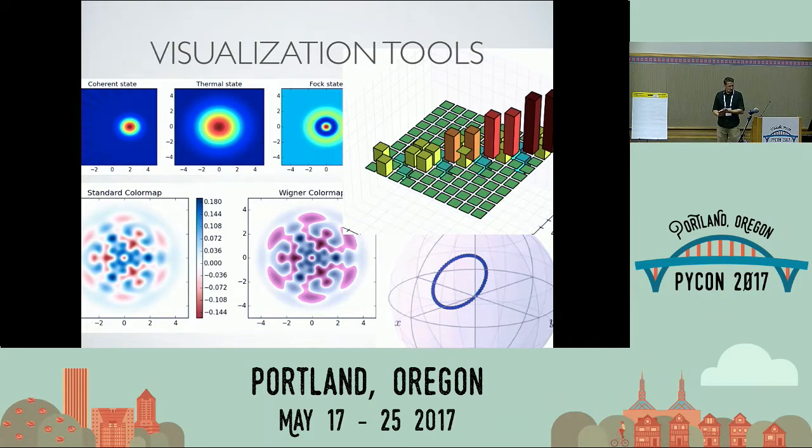We also use a lot of the visualization tools that are available and built in, and you can tell most of these are built on Matplotlib, so you can easily visualize different quantum states. I'm not going to get into the details of what these really represent, but lots of nice defaults. You can make pretty pictures. You can visualize what you're working with. This is a nice example of visualizing a matrix. You can see the magnitude and relative phase of different terms in a matrix, phase being the complex number aspect of phase. And so there's lots of ways that students can leverage that tool set as well.